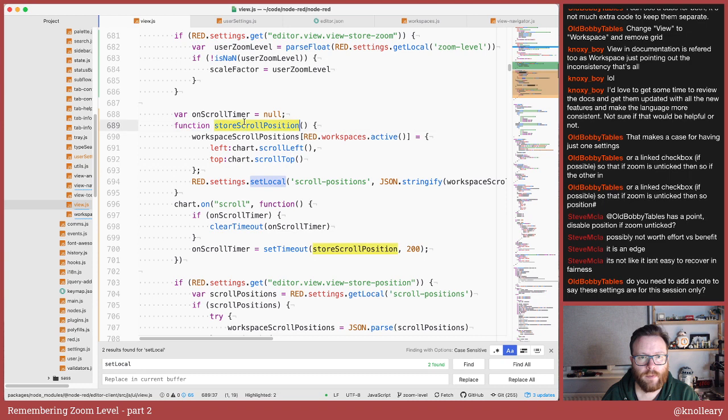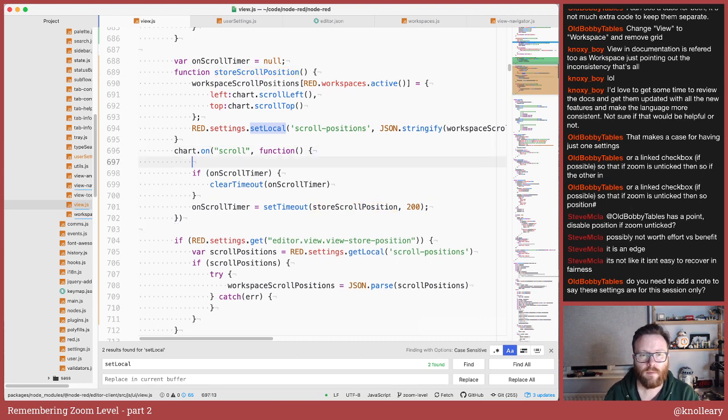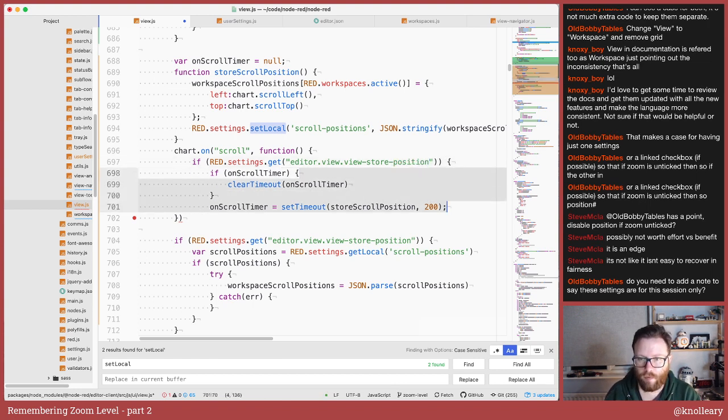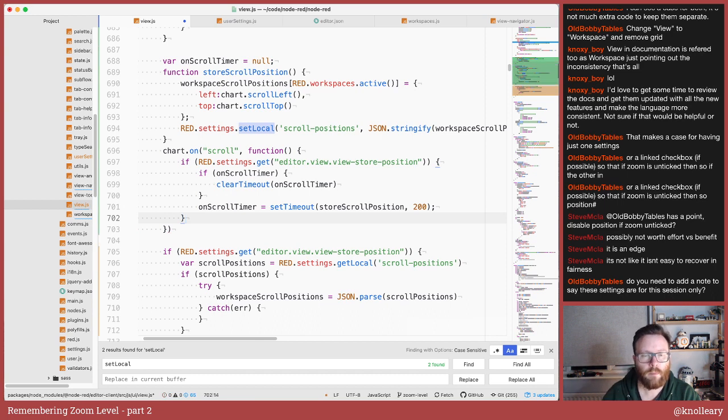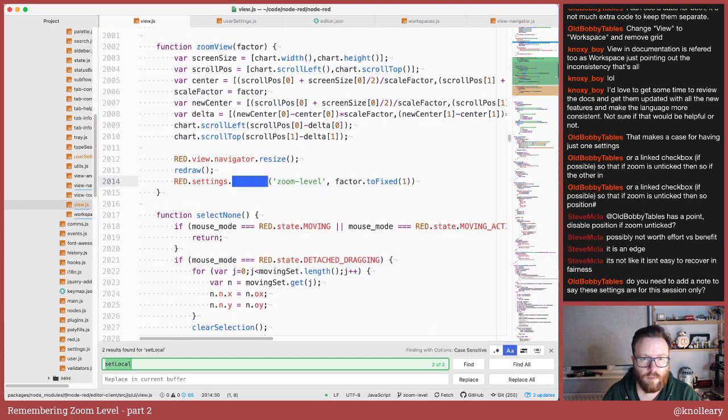Right, what we're going to do here is we're only going to store it if, dun, dun, dun.